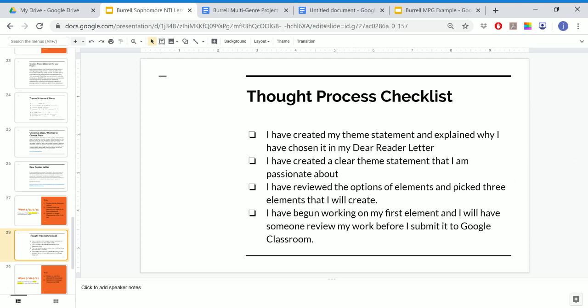The second thing you need to check is that you have created a clear theme statement that you're passionate about. Don't just throw together something like "courage leads to heroism" and try to make a multi-genre project based on that. If you don't care, or if you are bored by that theme, or if you don't think you can really invest yourself in that,